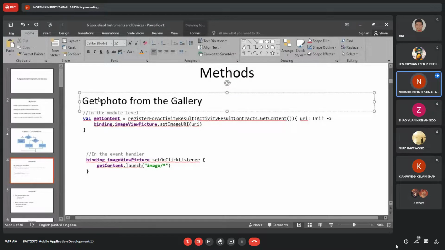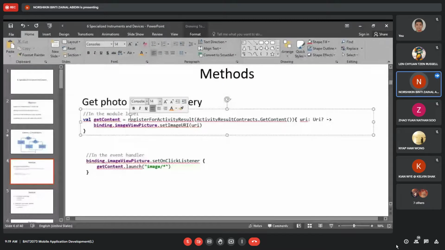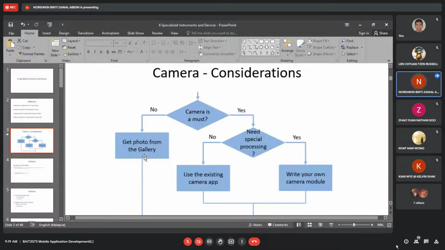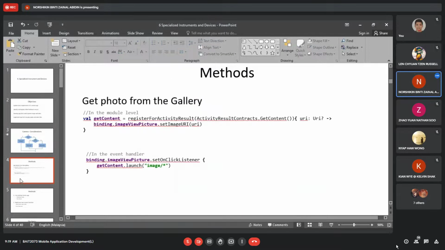Get photo from the gallery is for when you don't need the camera. Like I said, you just get whatever you already stored in your gallery. You don't have to go for the camera and re-upload from the gallery. So this is the method to get from the gallery.